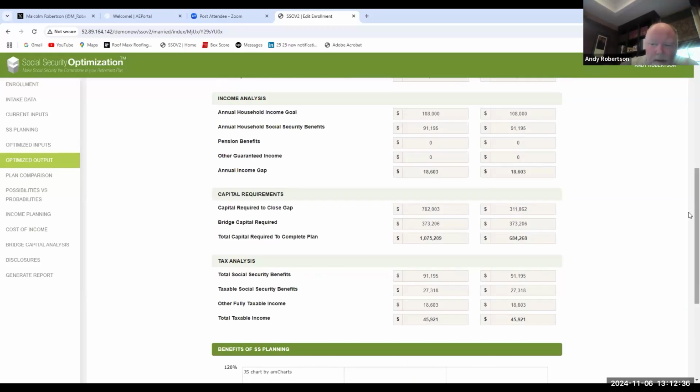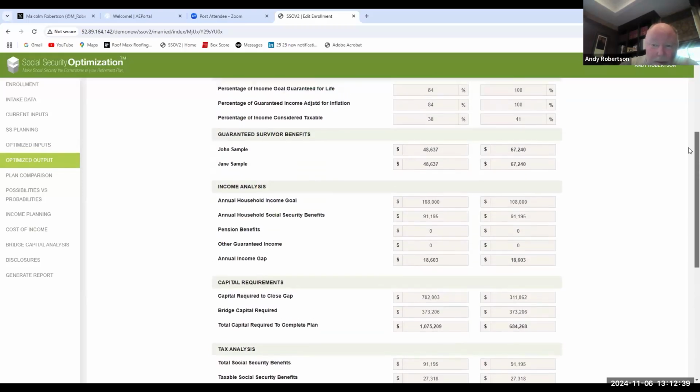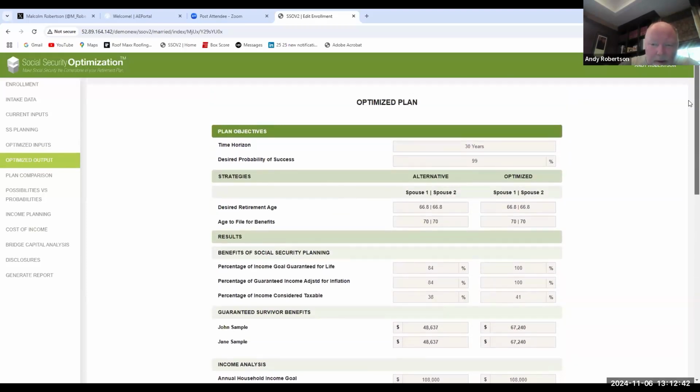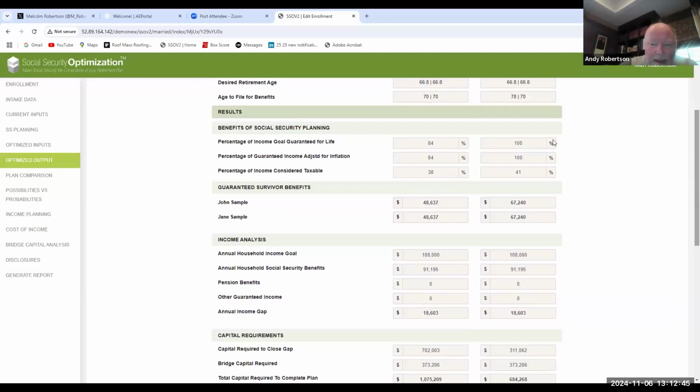Here's the alternative plan versus the optimized plan. So we've already established that delaying is the right strategy. What's the primary difference beyond that? What's driving the optimized plan on the right to be so much more attractive than the original alternative plan? It's the capital, right? So we need 311 to have an annuity fill the gap versus 702 to use an asset allocation approach. Again, couple that with the bridge capital. We go from needing $1,000,005 under the current plan to $1,075,000 under the alternative plan to $684,000 under the optimized plan. So we built a better,